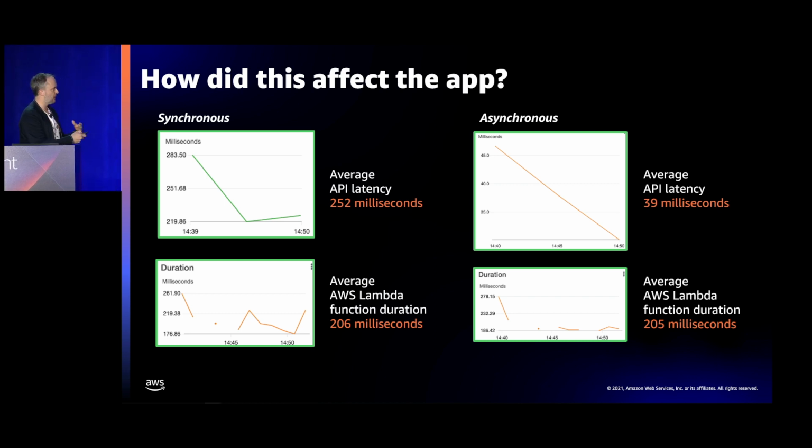So with the synchronous way of doing this, my API Gateway is waiting to pass on the payload to Lambda. Lambda then does the transform. It uses Axios to post out to Slack. It waits for that acknowledgement back from Slack, and then it passes it back to API Gateway and back to the user, and that takes, on average, 252 milliseconds. The asynchronous version, API Gateway tells SQS to put something on a queue, and it gets an acknowledgement back, and that takes, on average, 39 milliseconds. So that's a great improvement in the latency for the initializing service.